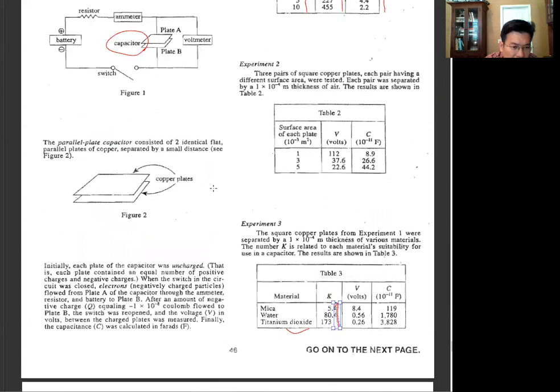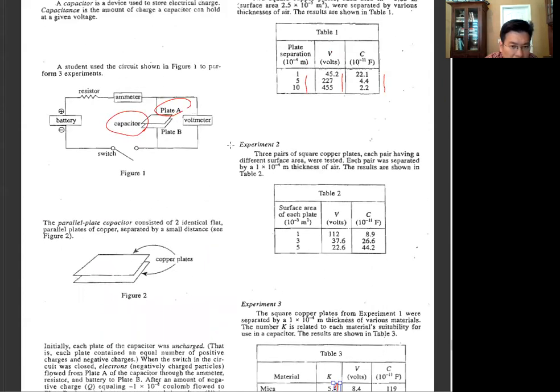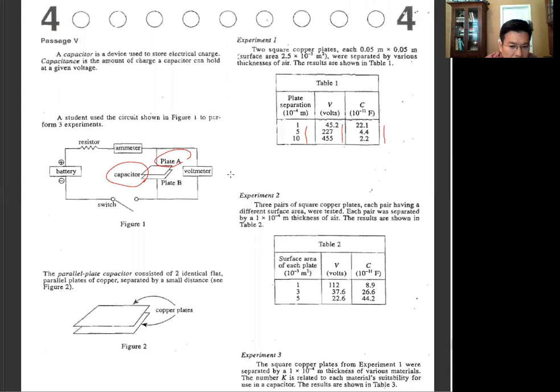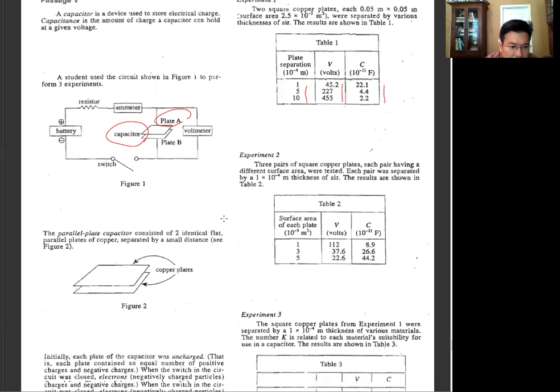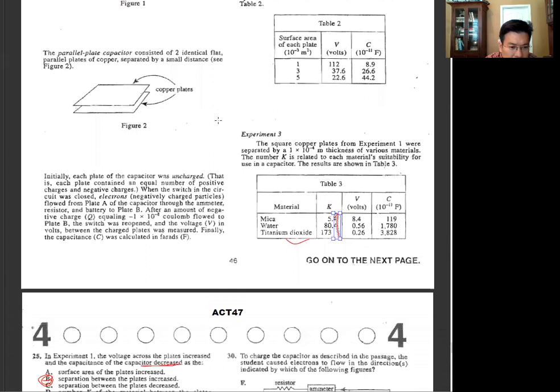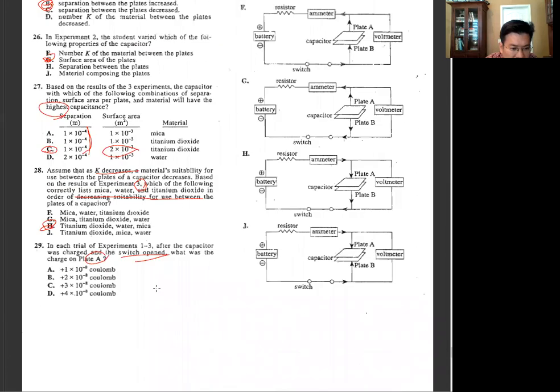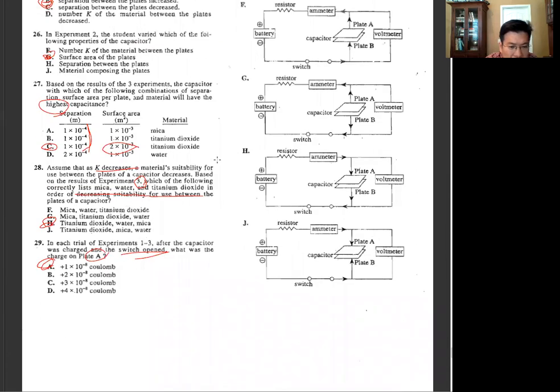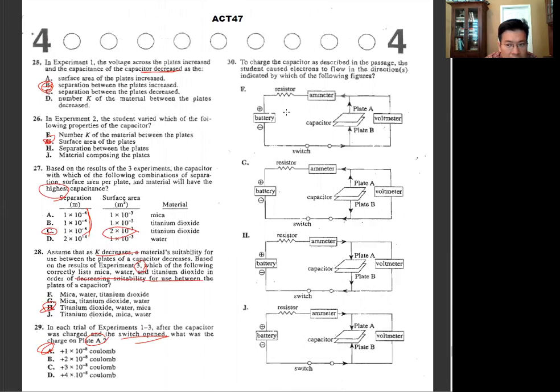So plate A is this one, and then charge is... it says charge is this one minus this one, but then this is plate B, right? So then plate A means plus 1 times 10 to the A, and then this one